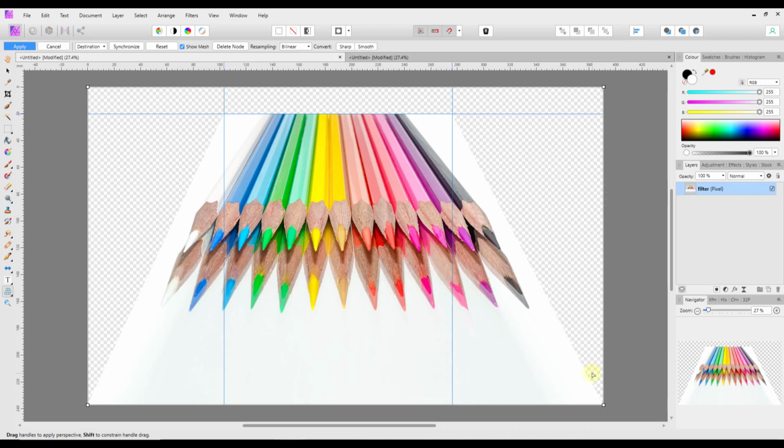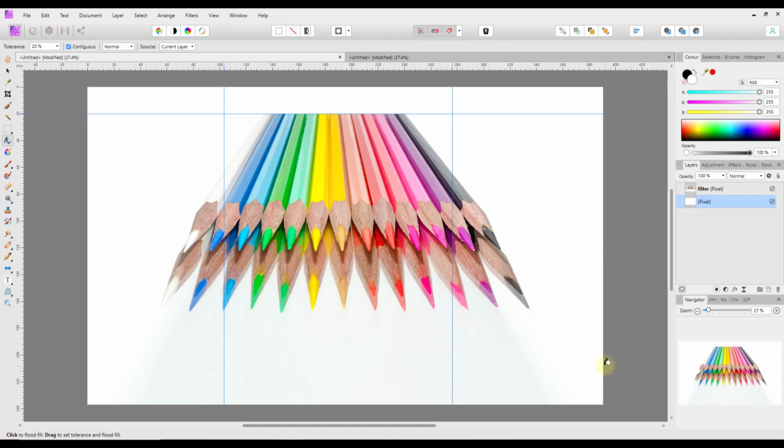So because of the way I've moved it, we now have the background visible, so I just want to fill that in. So I'm going to add a pixel layer, and I'm going to click and drag this to the bottom, and then get the flood fill, make sure white is my color, click on that, and then flood fill that with white. So if I come to the move tool, I can get rid of these guidelines now, I don't need them,